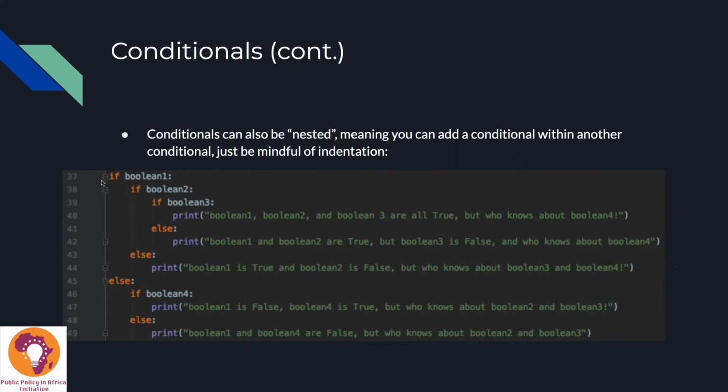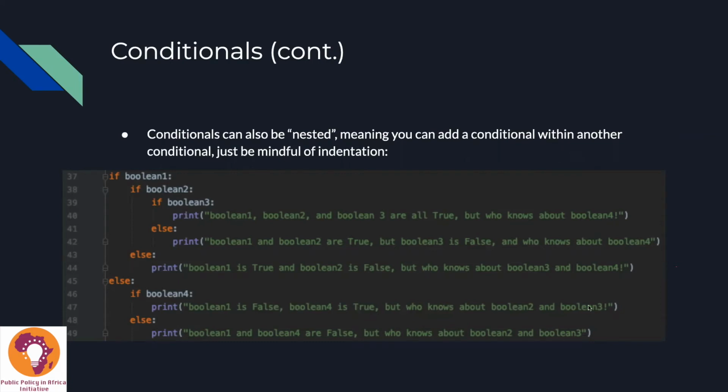So let's say Boolean 1 is false. We evaluate this, Boolean 1's false. Because it's false, we skip everything nested underneath that, so we go straight to our else. Then we check if Boolean 4. Let's say Boolean 4 is true in this case. Then we print Boolean 1 is false, Boolean 4 is true, but who knows about